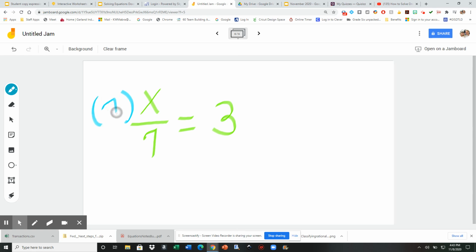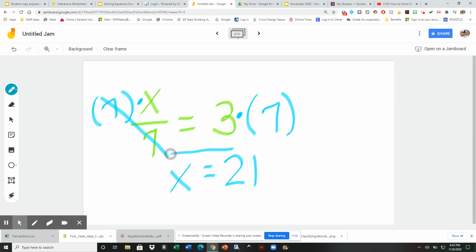By multiplying by 7. You can cross those out. And remember that the parentheses around my 7 mean to multiply. If it helps you to put the dot, then put the dot. Whatever is easiest for you to remember. Now I have 1x all by itself on the left-hand side, and 3 times 7 is